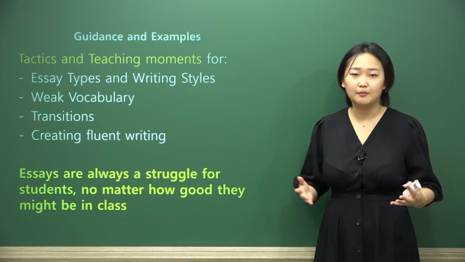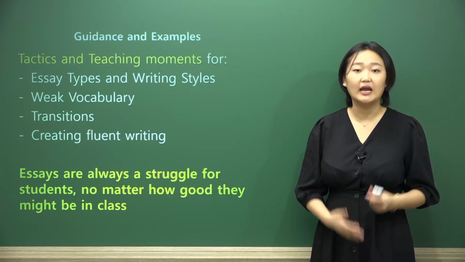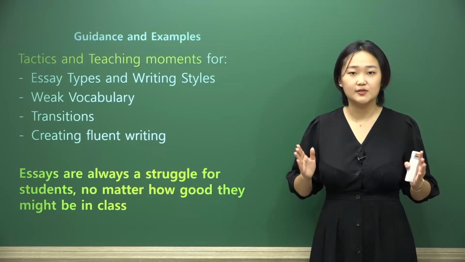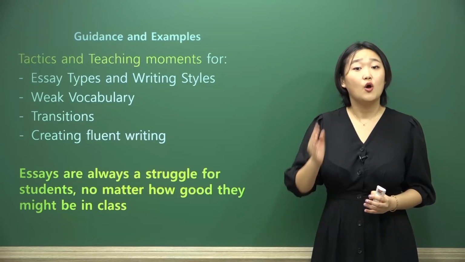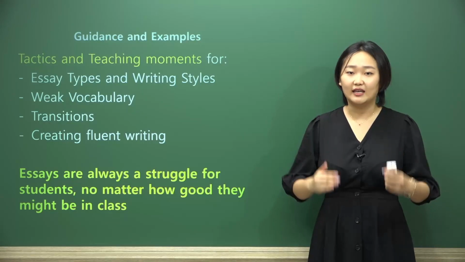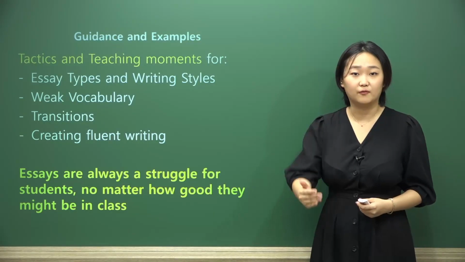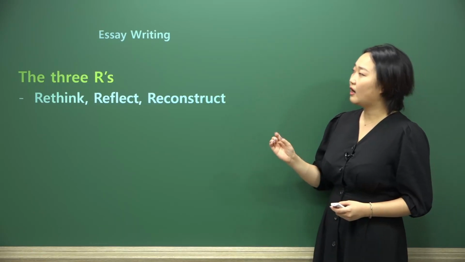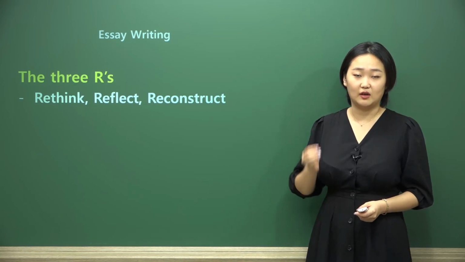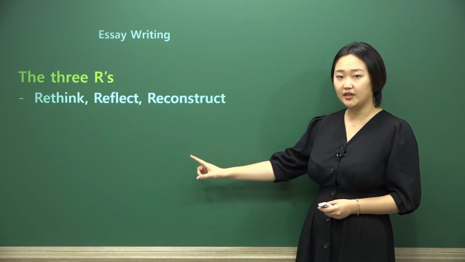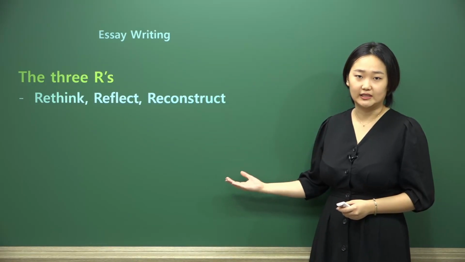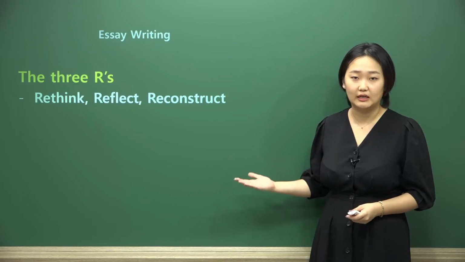The student can be an A+ student who does really well on vocabulary and when asked comprehension questions does really well. However, every single student that I have ever run into will always have at some point or another an issue writing essays because, again, it's a very big learning curve. It's very difficult for many students. And so when we're talking about essay writing, we want to be thinking about the 3 R's of writing. And this is going to be something that we reiterate in this series. To rethink the information that we have, to reflect on the information that we have, and to reconstruct it. So this would also be to summarize it or to put it in our own words.